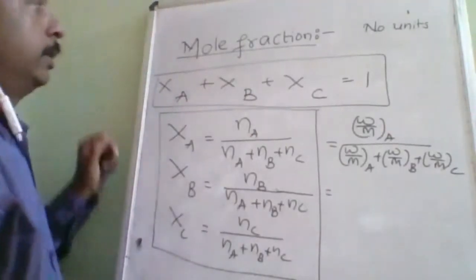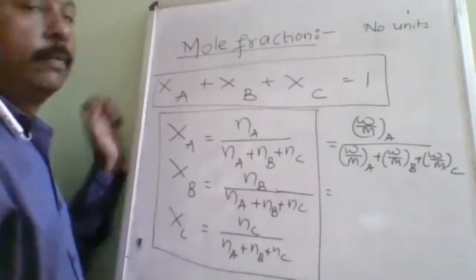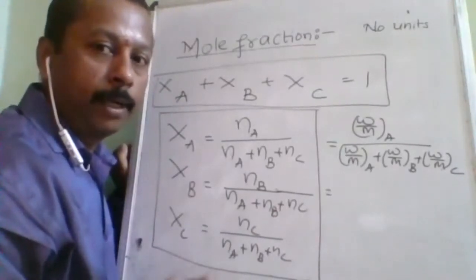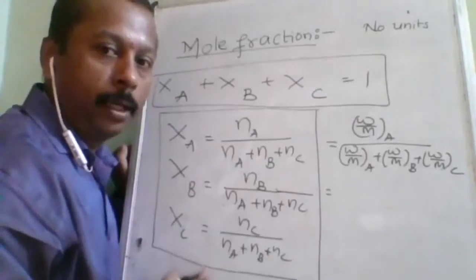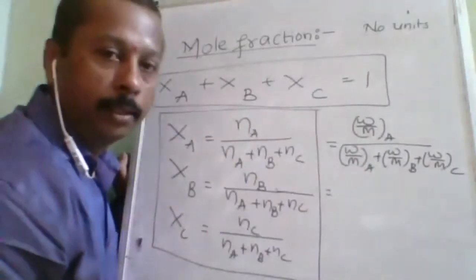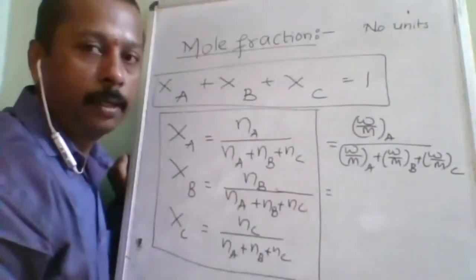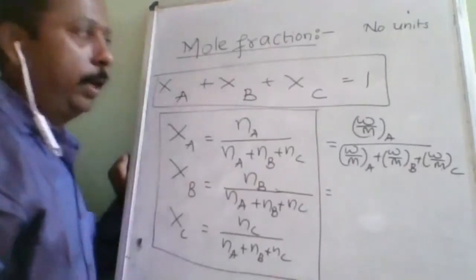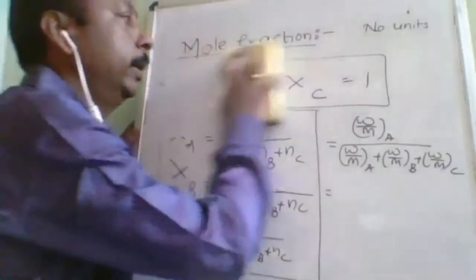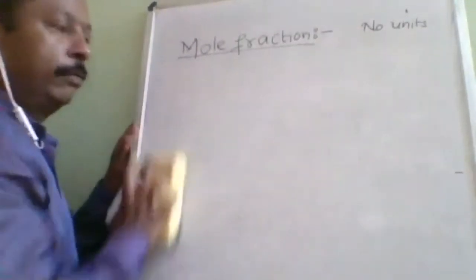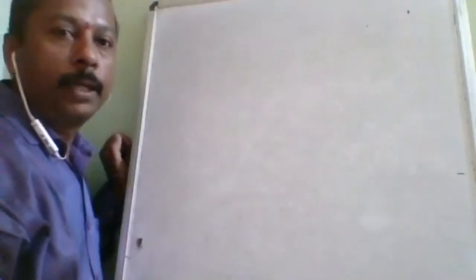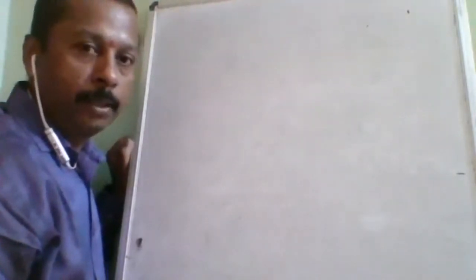Understood? So this is about the mole fraction. Okay. So what is the advantage? It is applicable not only for a binary solution, but also for tertiary, quaternary, any type of solution. And one more advantage is that there is no need to remember the units. Suppose molarity is mole per liter, molality is mole per kg, normality is equivalent per liter. Like that, you have to remember things. Here, less to remember, more information. And one more advantage of mole fraction is that it is temperature independent.